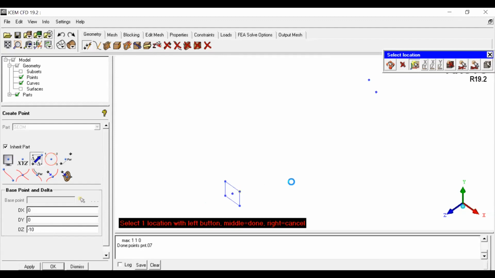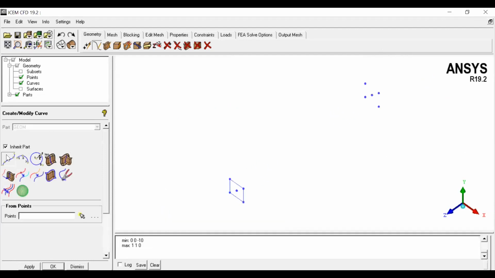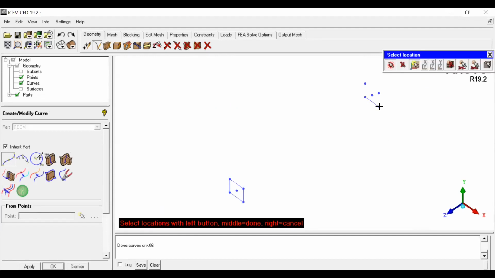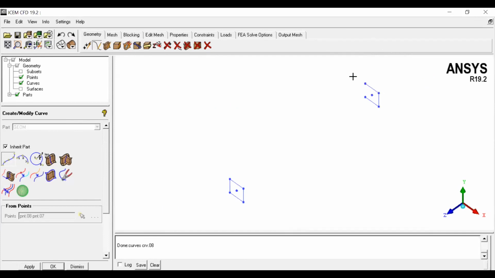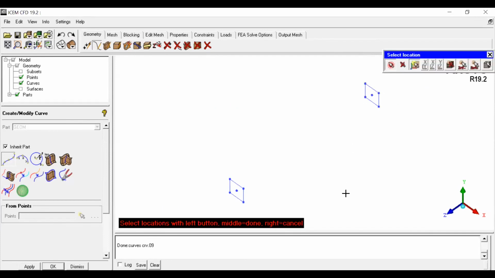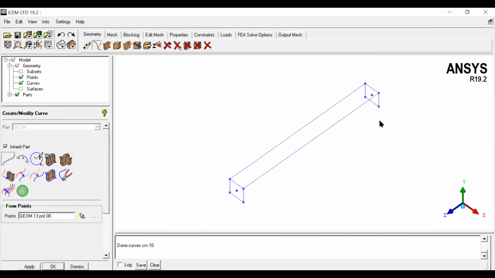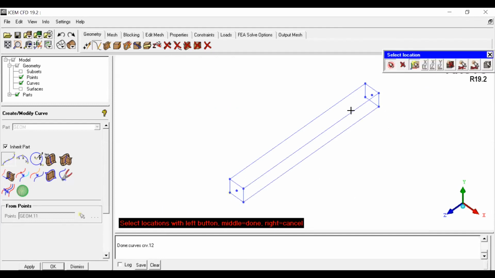Similarly, this point, middle button, the dimension is already created. So left click, middle, left click, middle. You can see all the points required to generate a square surface on the other side are also successfully done, right? Now just again use the line command to join all the points. 1, 2, done. 2, 3, done. 3, 4, done. 4, 5, done. Also, you can join this one point line, this line, this line, this.